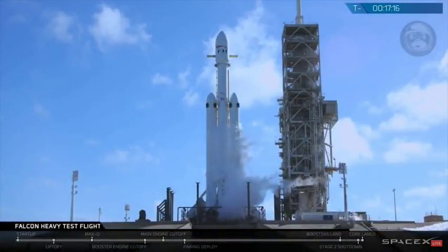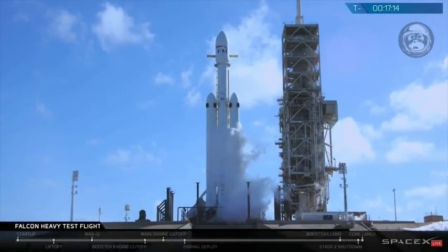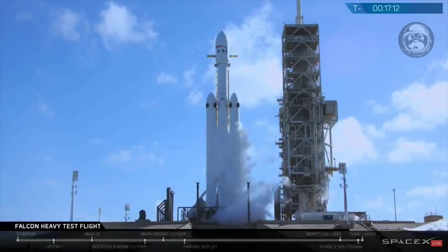Now we're currently loading propellant on all 3 first stage boosters, and we began loading a couple minutes ago on the second stage LOX tank. Now this is the same method that we use on the single core Falcon 9. It's just scaled to handle 3 first stage boosters. Now we're loading